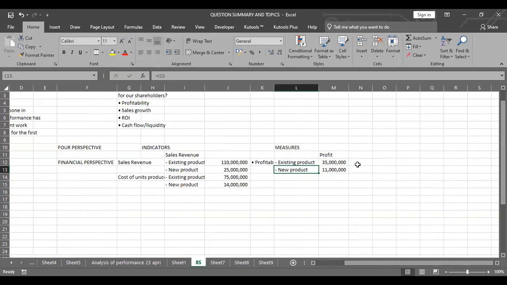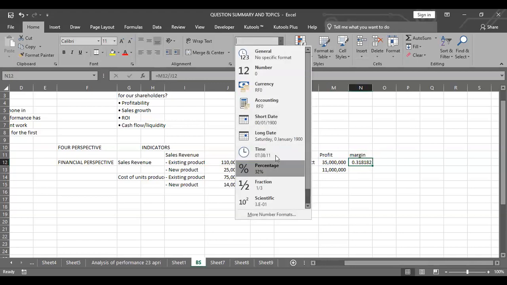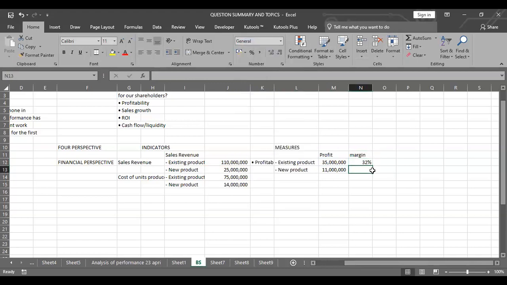So if you check again, those are the profit, but we need to compare and get more details of whatever it is. Did this profit grow? So let's get the margins and see. The margin here relating to this is this divided by the sales value, which is around 30 something in percentage terms. You could easily say it could be 32 for that case. Then the other one is, of course, this divided by the sales value, which is 25.